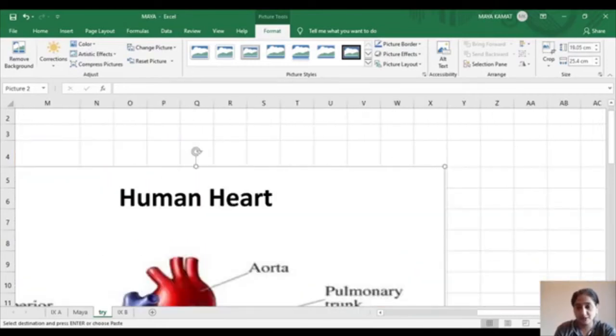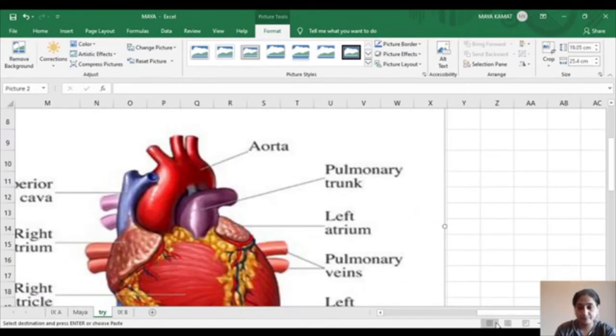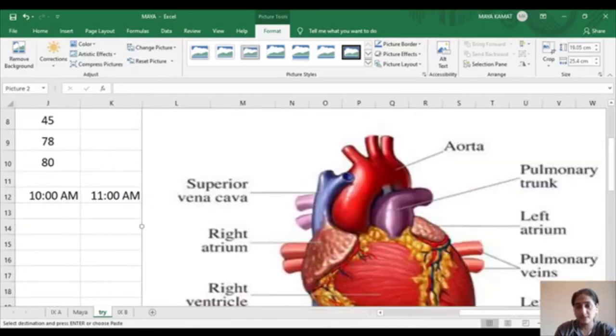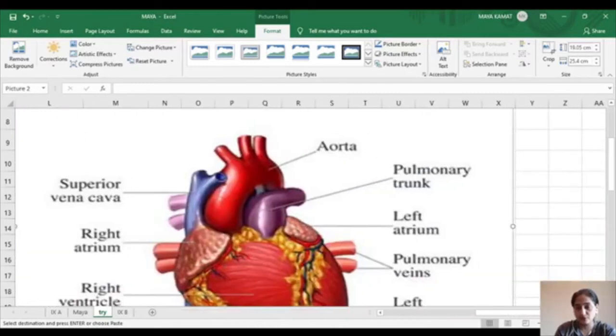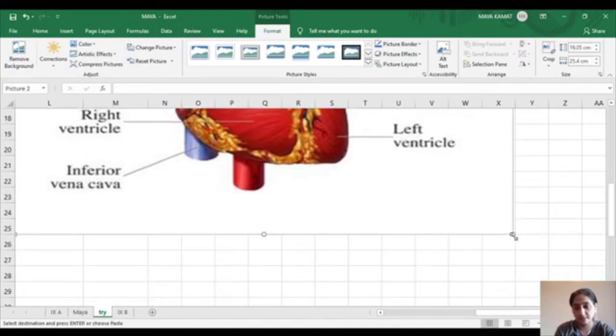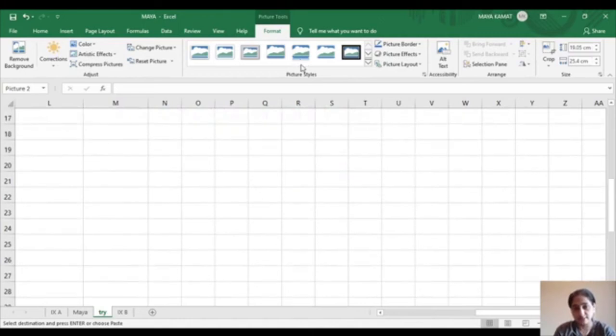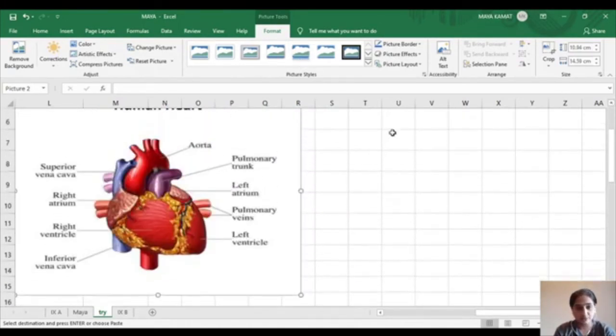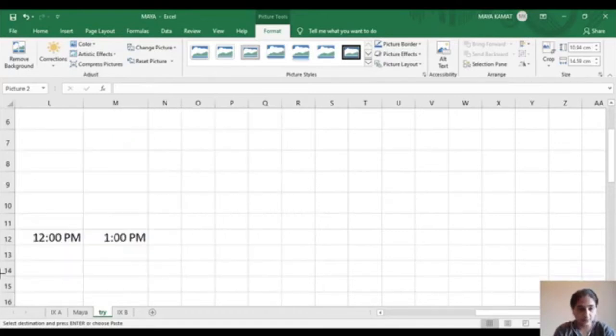Can you all see the image coming? Yes. Okay, the image is quite big, so we'll have to adjust the image now. How are we going to adjust it? There are anchor points coming. Can you all see these anchor points coming? Click on that anchor point and reduce the size. Check now whether it is, no, still we could reduce it. So hold the second anchor point, pull it.